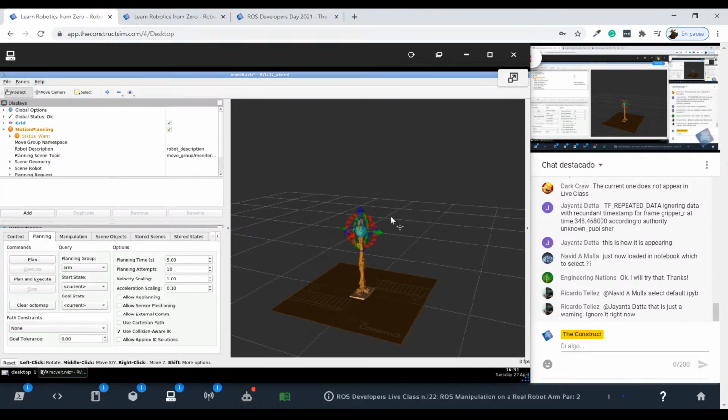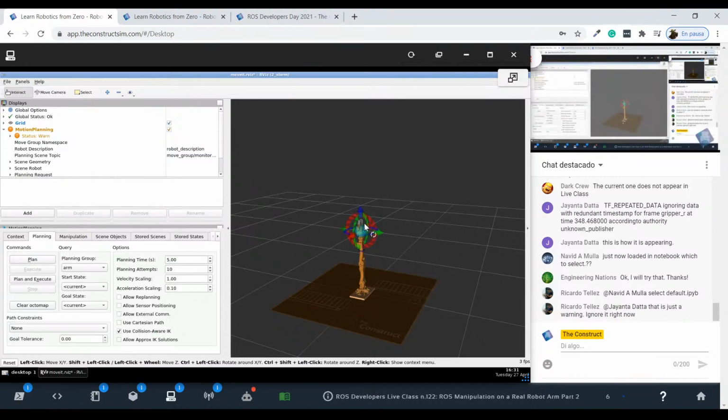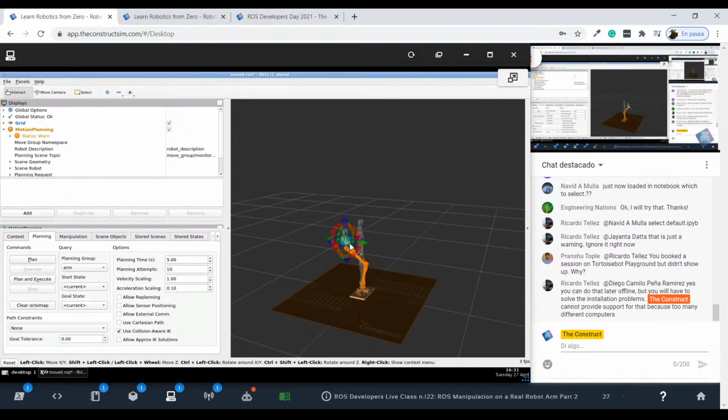There are different options. One of them, for instance, could be to directly move here. As you can see in the end effector of the robot, we have this circle that you can select and move. You can set the end effector to whatever pose you want. For instance, let's put it here. Okay? So now, once I have set the end effector to the position I want, I can click here